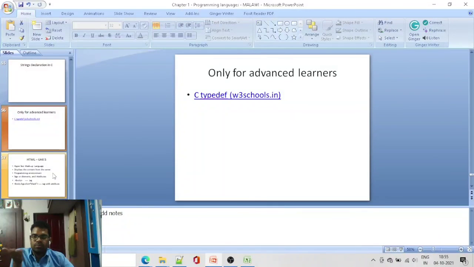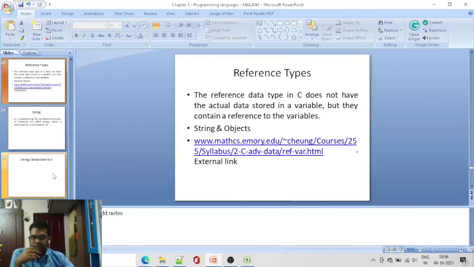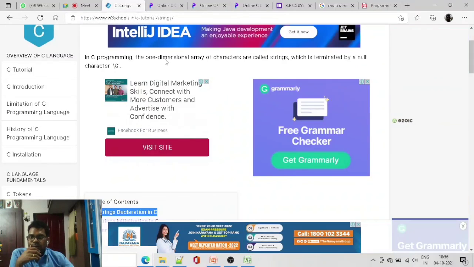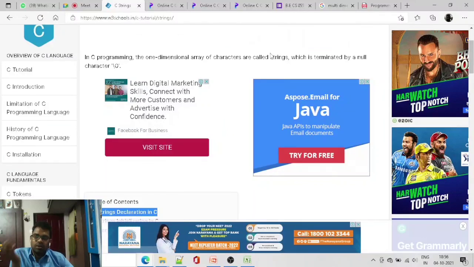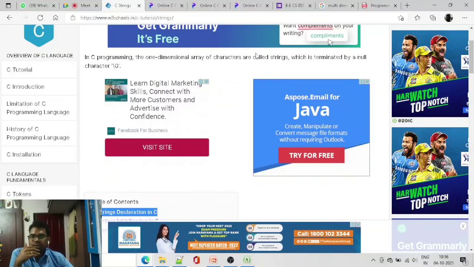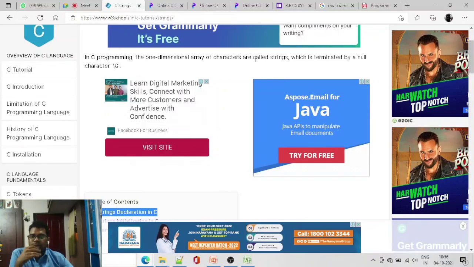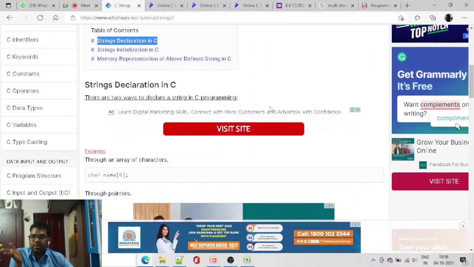I shared some links in the PPT, so you can look into the PPTs at a later time. The next one is string. This is the combination of arrays as well as pointers, that's why it comes under reference type.